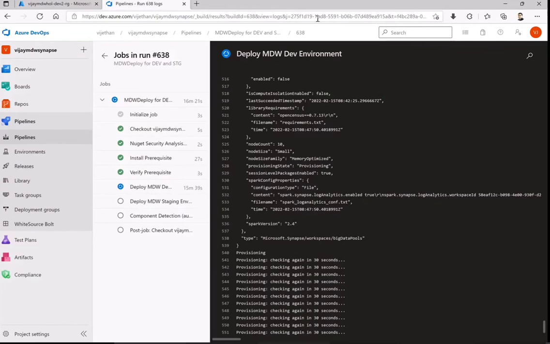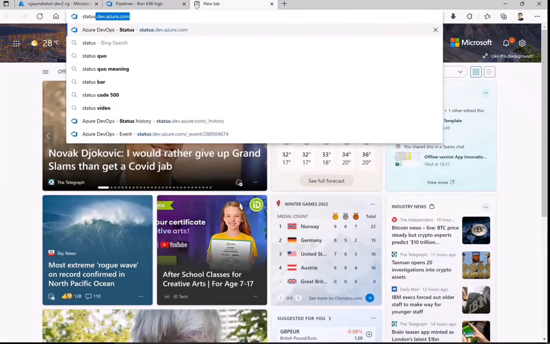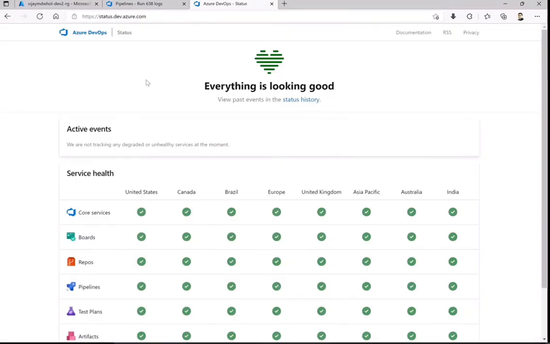Also, team, one more thing. I think there has been a lot of trouble in the Azure DevOps environment a couple of days back. So if you have any issues with your pipelines not running, apart from the actual error which I have shown you, like if you're doing it for the first time, you can go to status.dev.azure.com and check the status history.